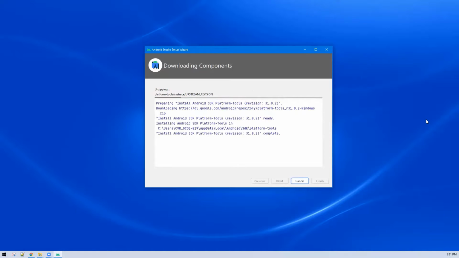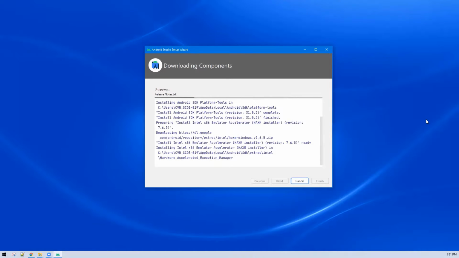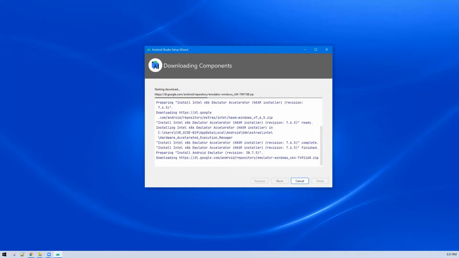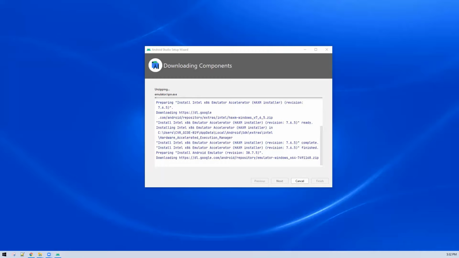It will take a few moments before all the download completes. It will download and install all the components that you have selected previously according to the configuration.